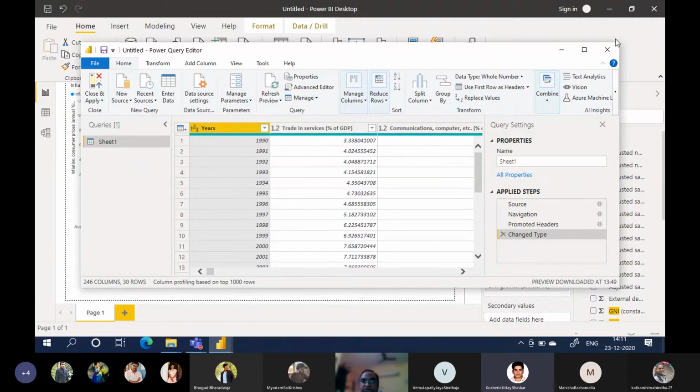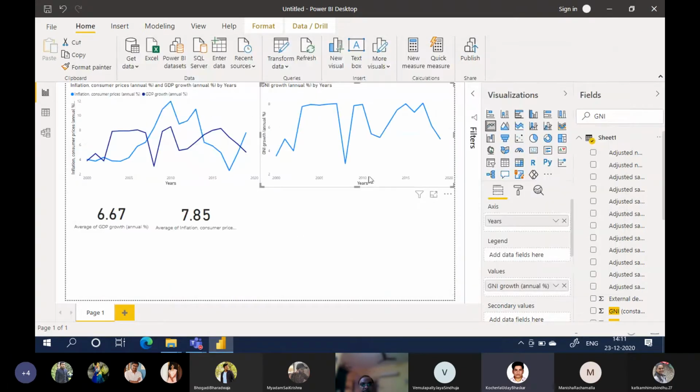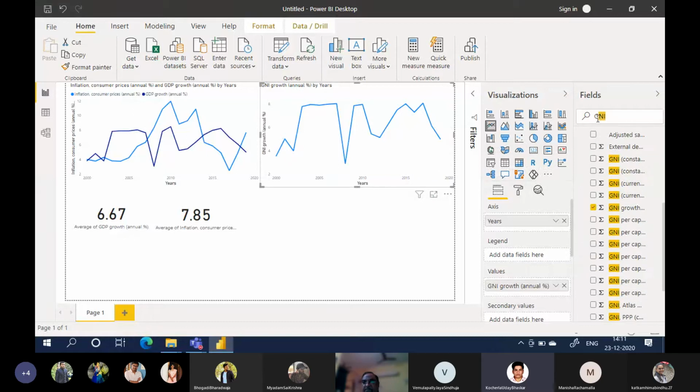Okay, so let's close this. Okay, so gross national income, we have following. Let us see GDP per capita.